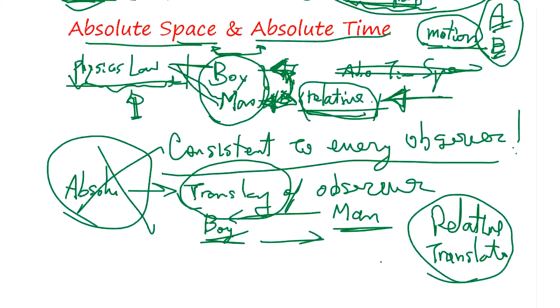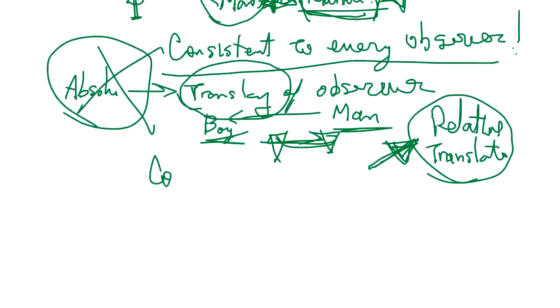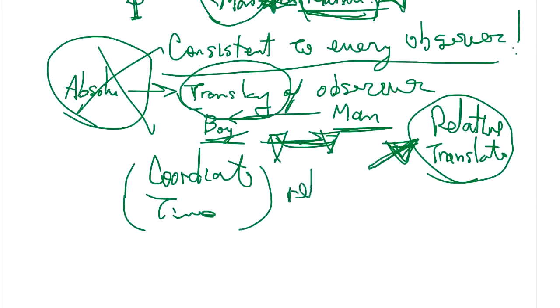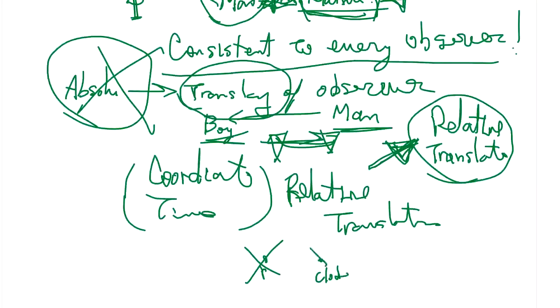And I don't know why they don't write it this way. It's much easier to understand relativity theory by approaching it this way. Basically, observers see different things. To examine whether the physics law is consistent for both observers, we translate their coordinates and time using relative translation. So nobody helps you like, okay, here, this is the non-moving reference point, use this one. No. Here, this is the correct clock, use this clock. No. We don't need this help. We just translate it, a basic translation using relative relationships. That's the